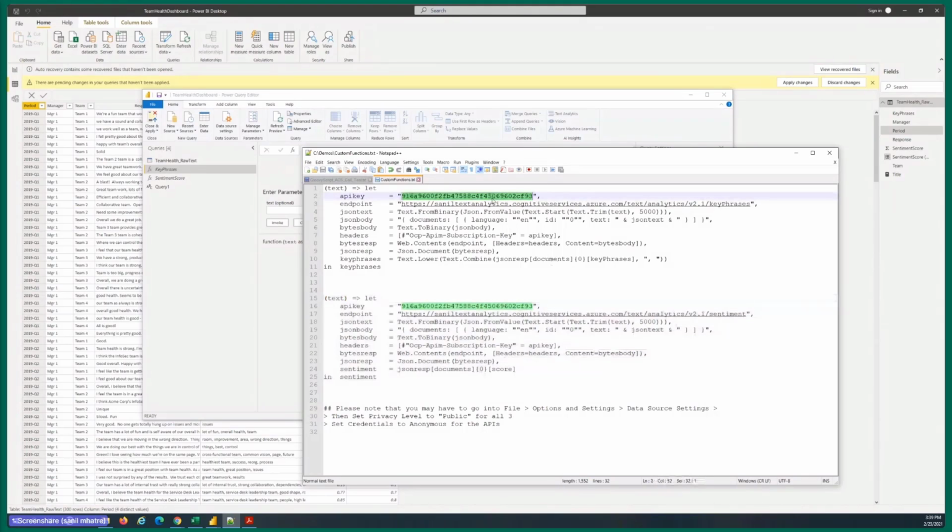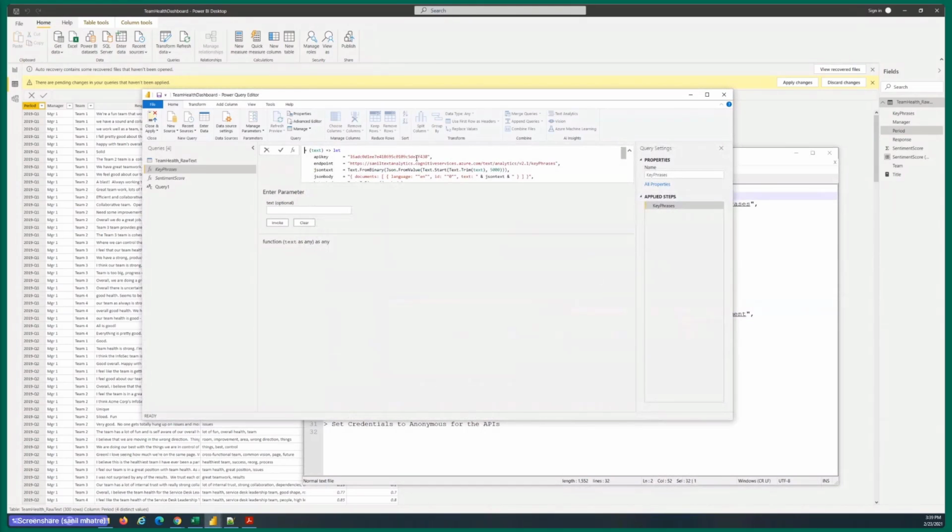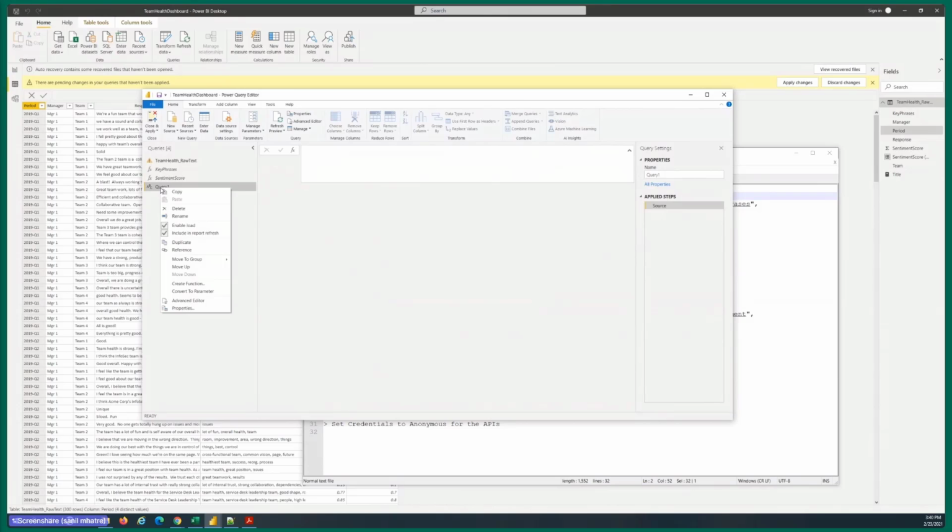Bear with me for just a minute while I update the API keys over. And let's do the same for the sentiment score function as well. You don't really need a new query. Delete.